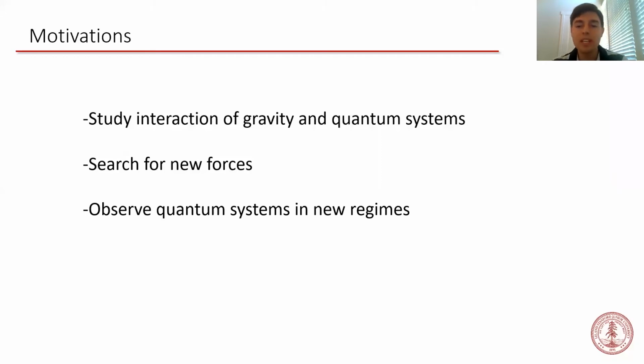Third, we're interested in observing quantum systems in new regimes. Quantum mechanics successfully describes the behavior of very small systems, such as atoms. However, as Schrödinger pointed out in his famous thought experiment about a cat, the idea of quantum superposition becomes unintuitive at the distance and time scales of everyday life. So by generating macroscopic quantum superposition states, we can demonstrate that quantum mechanics remains operative at human scales, and if for some reason quantum mechanics stops working as the superposition states become larger, we would be sensitive to that effect.